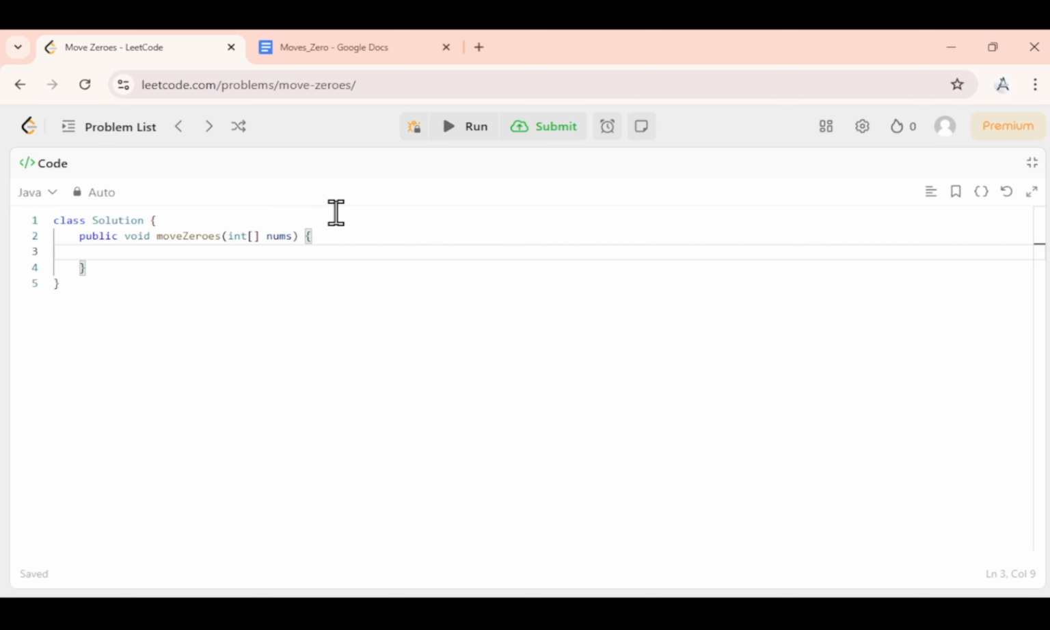What will our logic be? First of all, we have to declare the left pointer as 0 and the right pointer as 1. So here we do not need to initialize a new array. Now we just start with a while loop. While left is less than right,